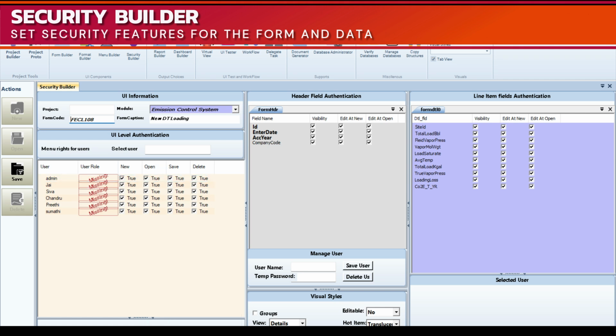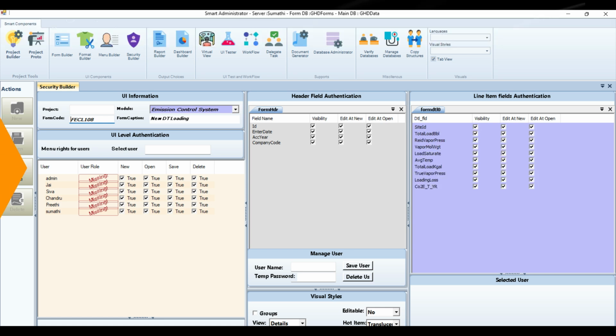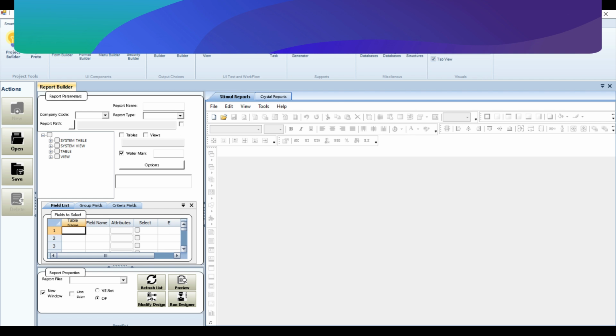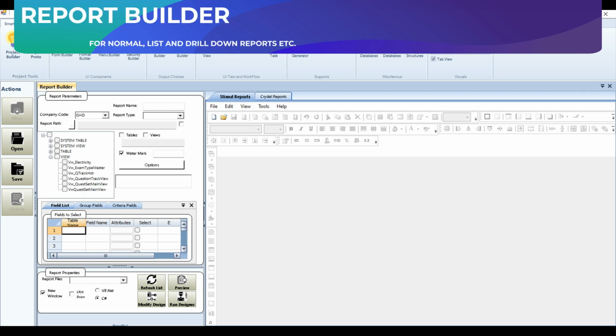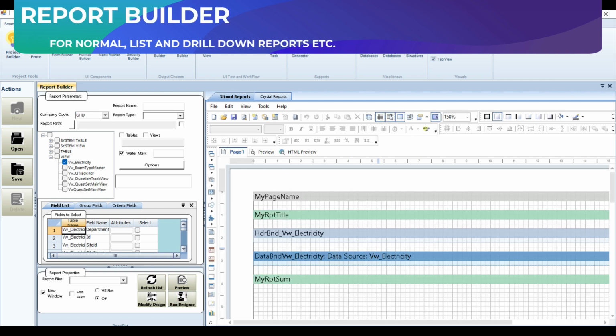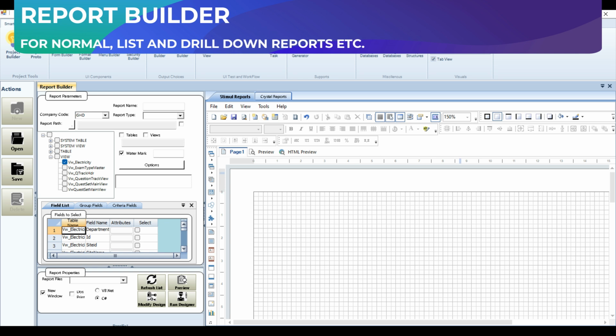The same level of control applies at the record level, ensuring that users only access the data they need. It's fast and efficient. Just click the relevant checkboxes, and the authentication settings will be immediately applied to the specific user. In the report builder, you can easily create various types of reports, including normal reports, list reports, and drill-down